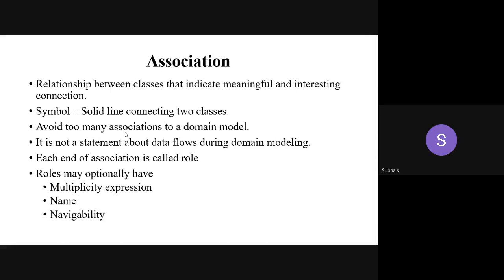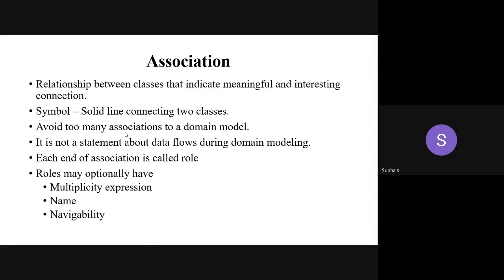You can also specify a particular range for multiplicity. Then the name of the role. You may be a student, which is a particular class. Under that student, what can you be? An ORC coordinator or UA coordinator, or any class representative. Like that, you are playing a different role, a specific role, and that role you can mention.